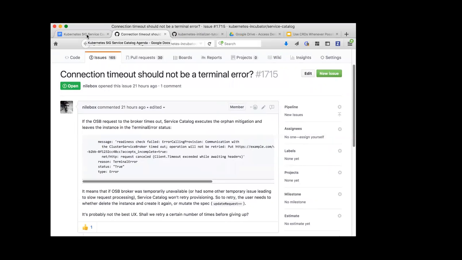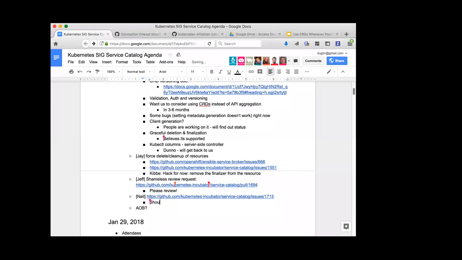I just wanted to reply to Mike that I think the main problem with Service Catalog is that, because there is no idempotency guarantee, every time before retry we need to clean up or run the orphan mitigation. That's probably what complicates the case, because without that we would be able to just literally retry until success. But yeah, with orphan mitigation it's a bit more complicated, but in most cases we still should probably retry. With 500 I'm not sure if